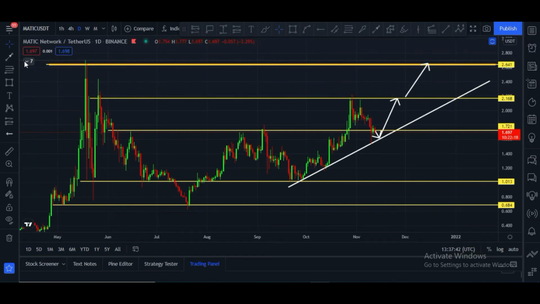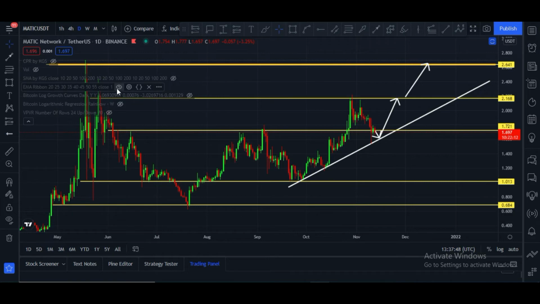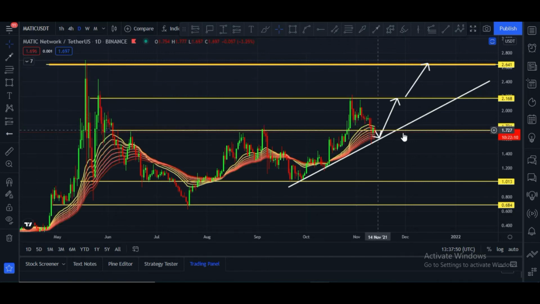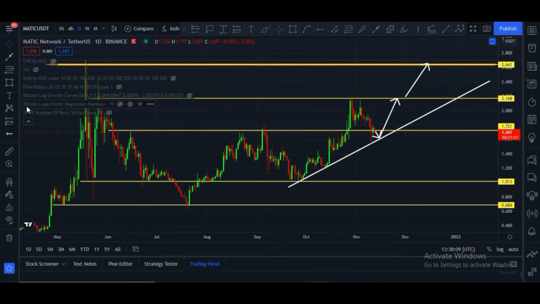Let me show you some indicators. First of all, the volume is missing, volume is not satisfactory. After that, the EMA ribbon. Candles are in between this daily EMA ribbon, and that is a good sign. Once a daily candle closes above the $1.80 to $1.85 price area, after that price will boom, and it can hit my targets very easily. Until then we have to wait. Maybe we can see some sideways action in this chart.